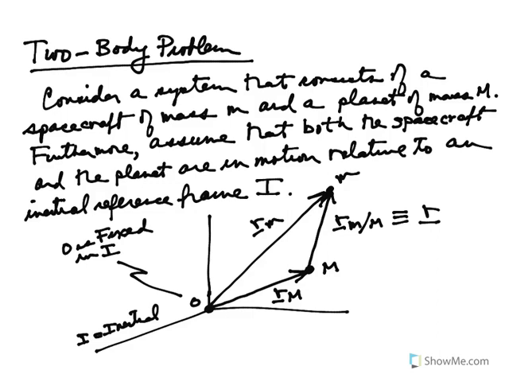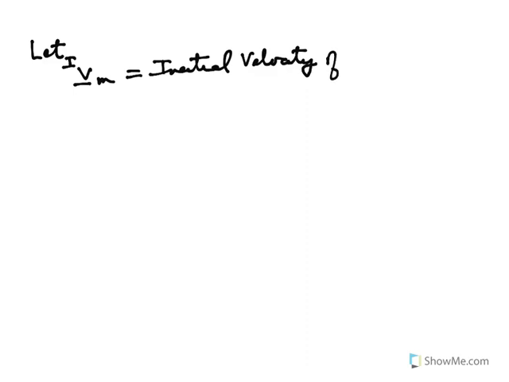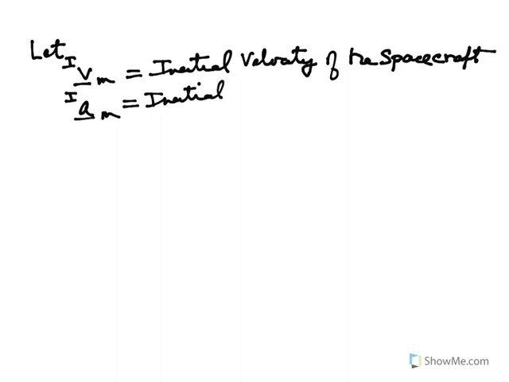So we're going to start as follows. We have to define a few things. We're going to say let V m I be the inertial velocity of the spacecraft. And what I mean by the inertial velocity in this case is, because I is the inertial frame, it's the velocity of the spacecraft as viewed by an observer fixed in I. The acceleration of the spacecraft, or the inertial acceleration of the spacecraft, will be denoted A m I. That's the inertial acceleration